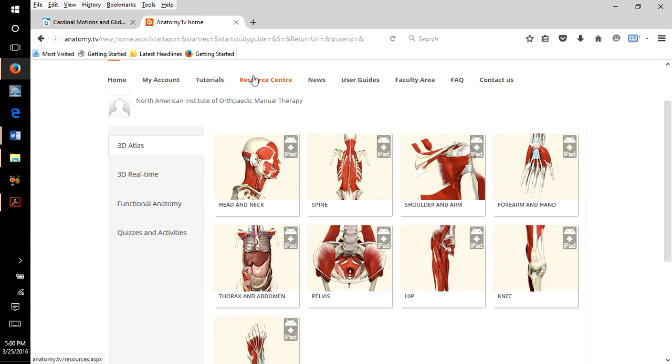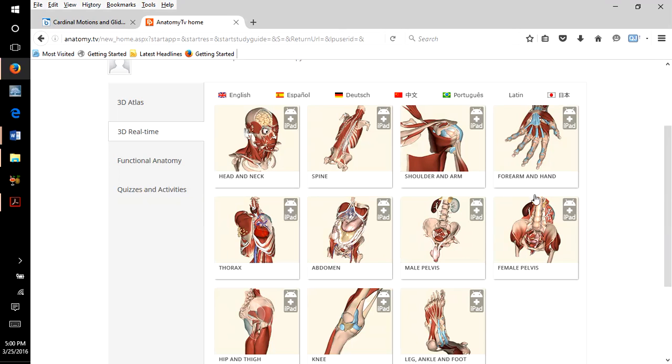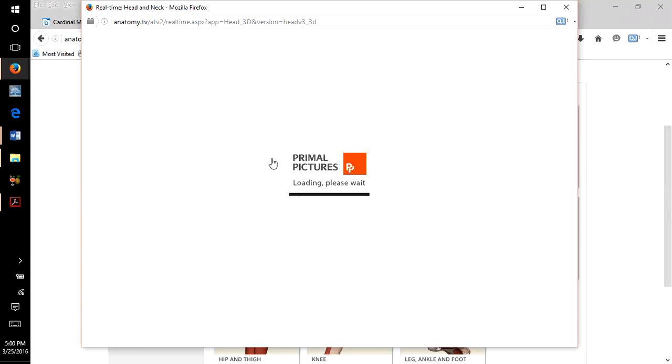There's a lot of different resources here that you can look through, which are pretty helpful. But I hang around this area mostly. I either use the 3D Atlas or the 3D Real-Time Atlas. The 3D Real-Time Atlas that I use, I've found very helpful. For example, if I went to the Real-Time Atlas for the head and neck,